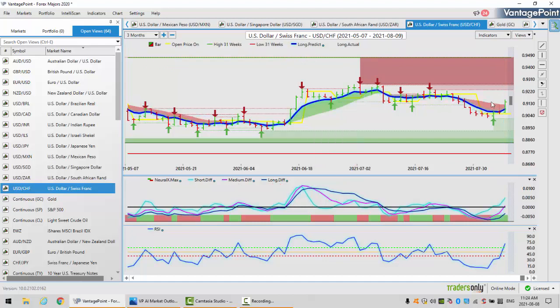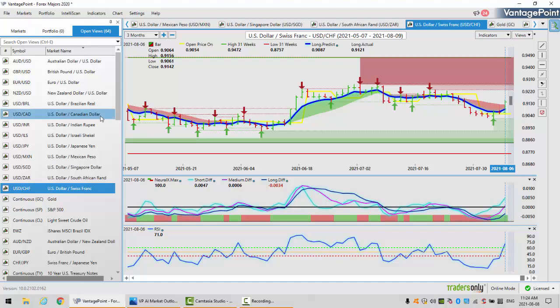Again, if I click on the F8, we come back, we get that additional support level of 90.87. So the way we would look at this again, long, we've made the decision based on the MA diff cross, the neural index, the predicted RSI, the additional indicators here, and we're saying, okay, now we just have to pinpoint a level of where we would target. That level would be between 90.87 and 91.12. That's the way we would look at this via our VantagePoint software.